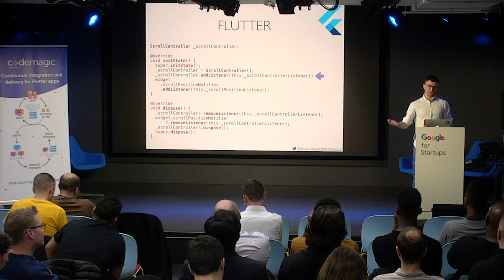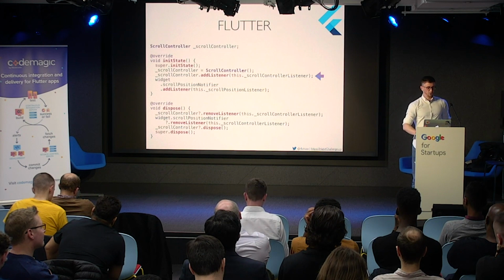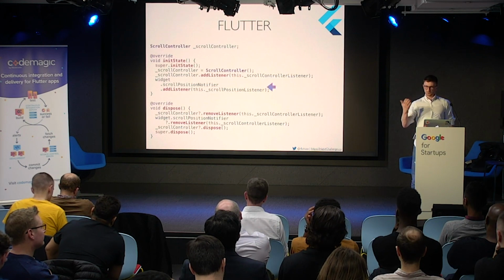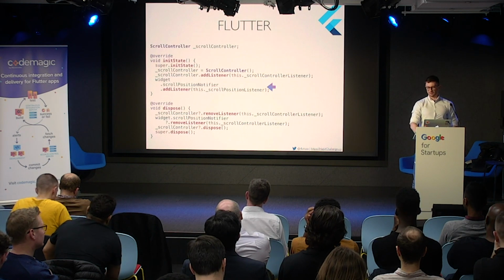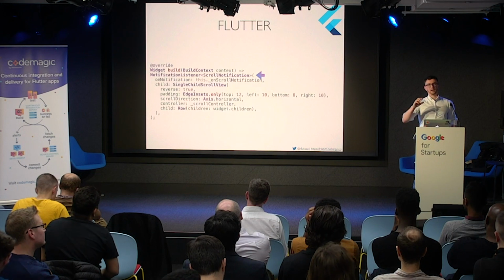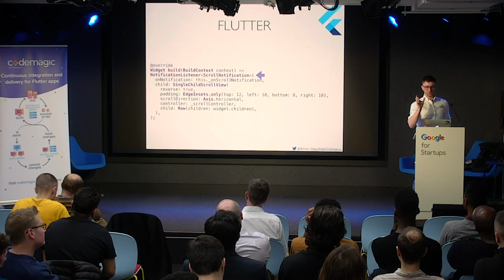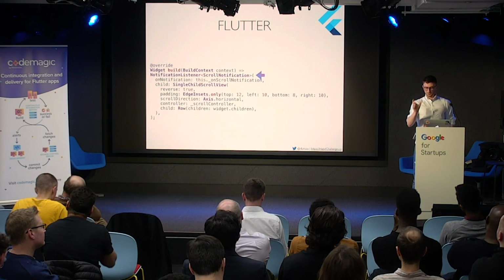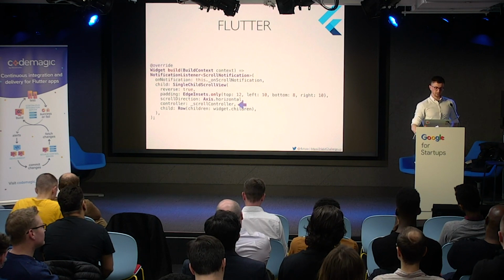In state, we're adding a listener to our scroll controller, and I will show the listener later on. We're also adding a listener callback to a scroll position notifier that I will also show later on. We are disposing of everything after us, and in the synchronized list build method, we have one notification listener that listens for a scroll notification with my custom callback, and then we are just providing a scroll controller to the